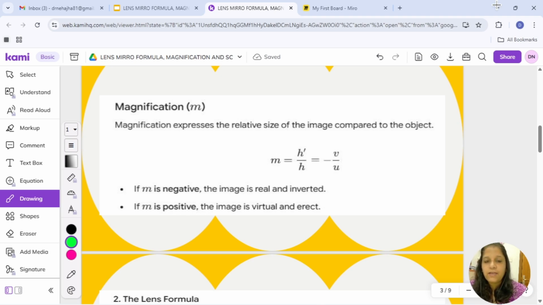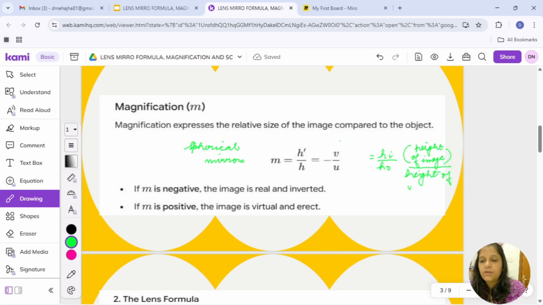The formula for magnification for spherical mirrors is m is equal to hi by ho, or you can also write it as h dash by h, where hi is the height of the image divided by ho, the height of the object. So this is one formula by which you can find the value of magnification,